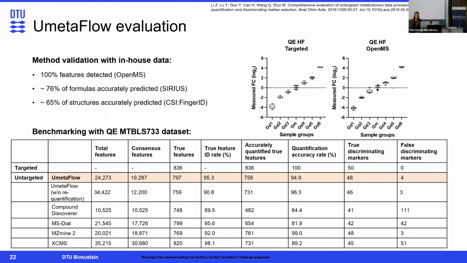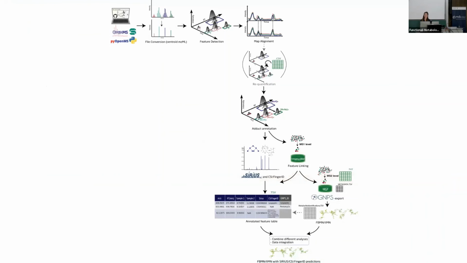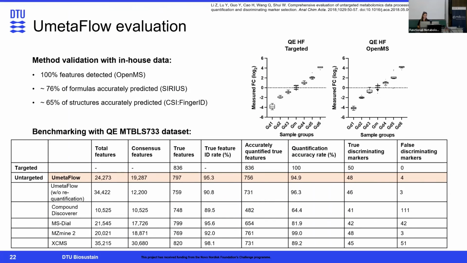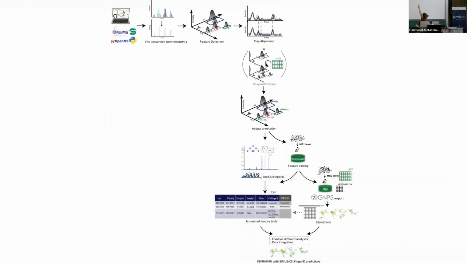The red ones, can you explain them a little bit? Because there's a huge difference in the final validation. Well, it is not that big actually. If you look at the, no, you're right, it's pretty big. Okay, so the requantification algorithm: after feature detection, you have the feature matrix, right? With all the mass charge and retention time information, and then all your samples, like this table here, sample 1, sample 2, with all the intensities.